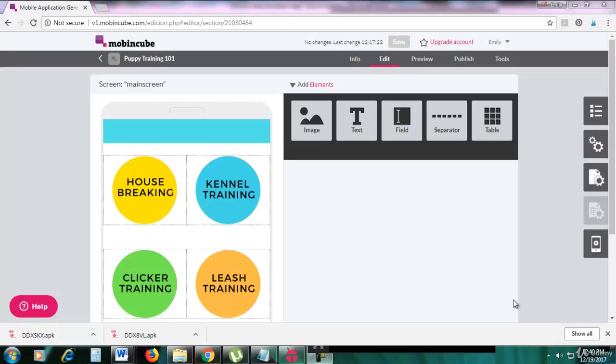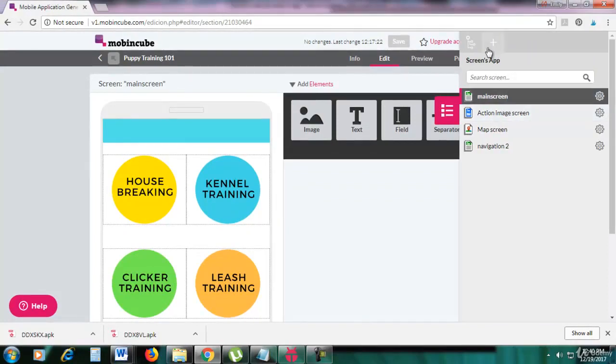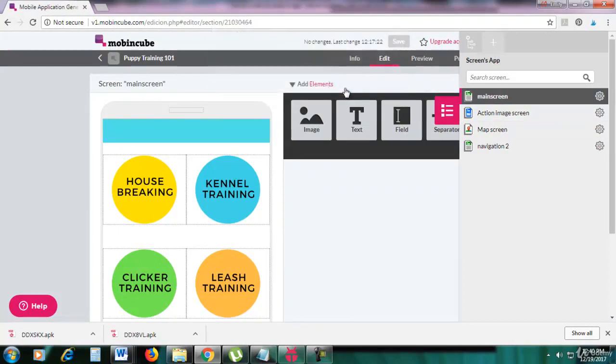Hi guys. So today I will teach you how to create other screens, okay? So the first screen that we're going to make is a web screen. So first let's go to the screen tree and then click the plus icon and then type web screen. Click OK. Alright, so we're going to go to the web screen and then click open,